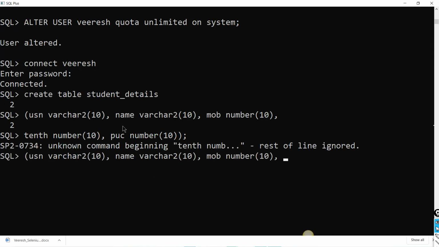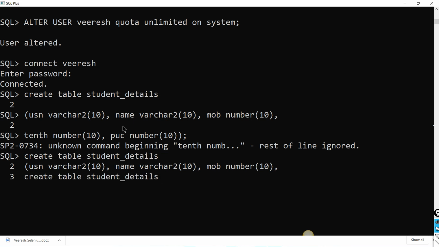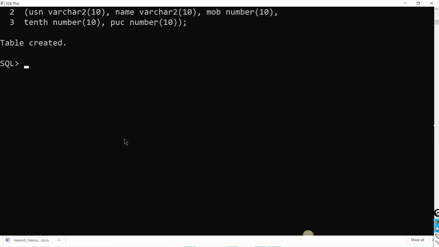Create table, USN, and the last one is done. Table created.